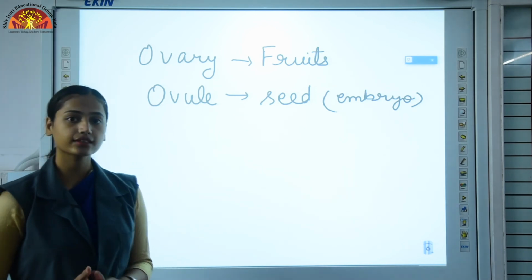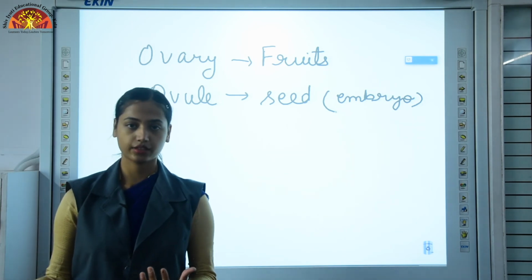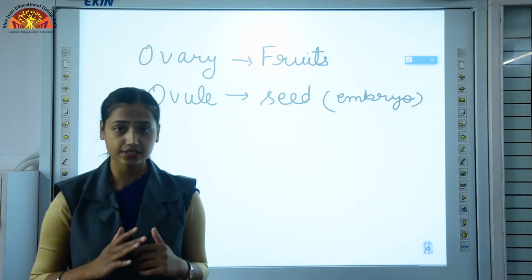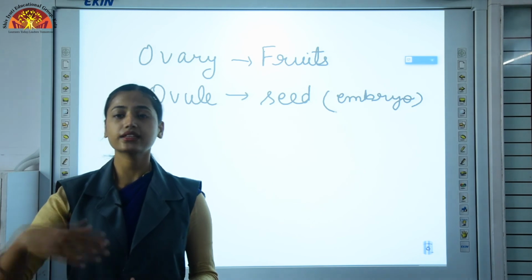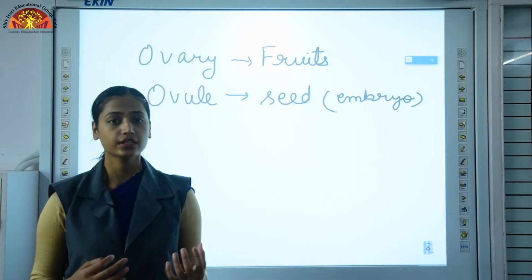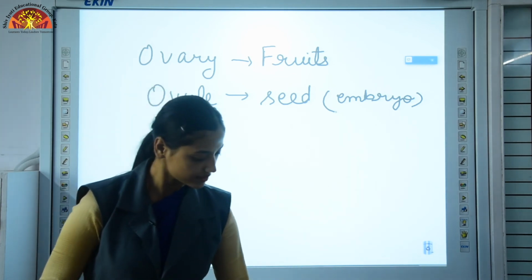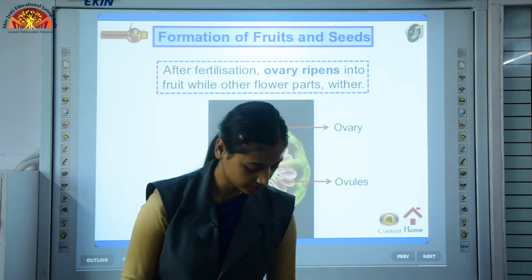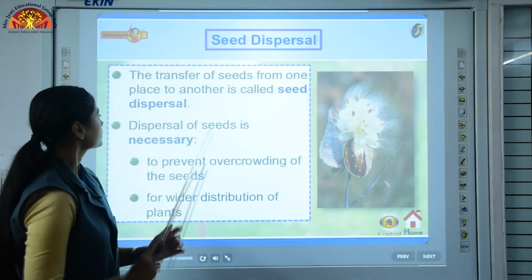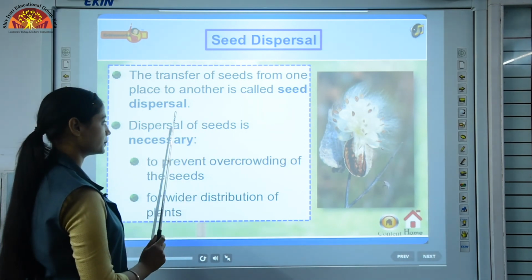Now you have seen that same type of plant are present at different places. If any particular plant is present here, then it will be available at the another place also. So how is this happening? Who is carrying those plants from one place to another? That is by the process seed dispersal. The transfer of seeds from one place to another is called seed dispersal.